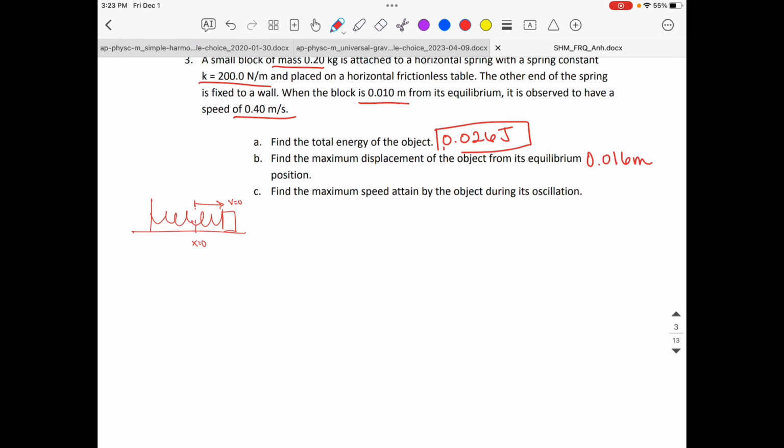So for part C, I'm going to use the same diagram. We know that the max elastic energy is at the maximum stretch, and that the velocity at that point is 0, but the velocity would be maximum when it goes through equilibrium, which means that's going to be the point where the elastic potential energy is 0. So we're going to take E total is equal to, this time we have all kinetic energy, my elastic energy is 0, and so 0.026 is equal to